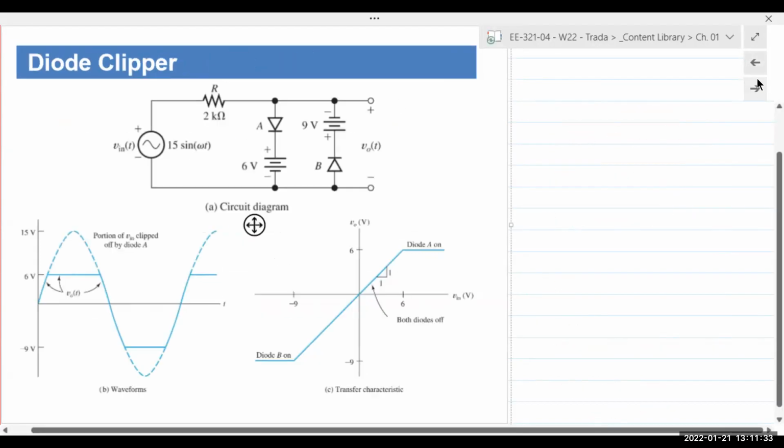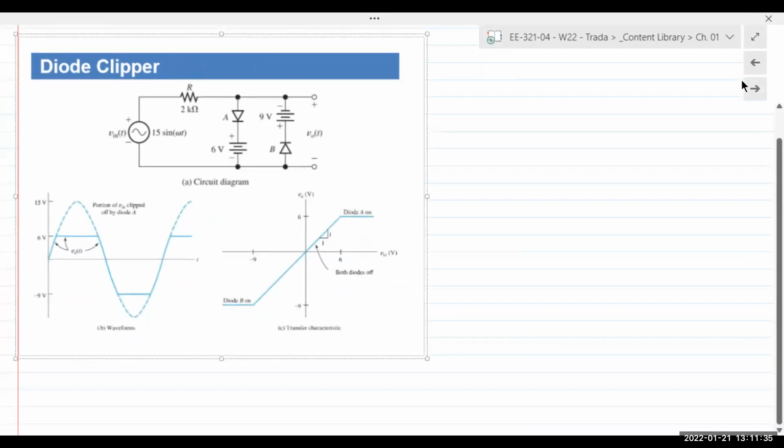Zener diode regulator. Okay, diode clippers. So the two circuits that we're going to look at next is the clipper and clamper, collectively known as wave shaping